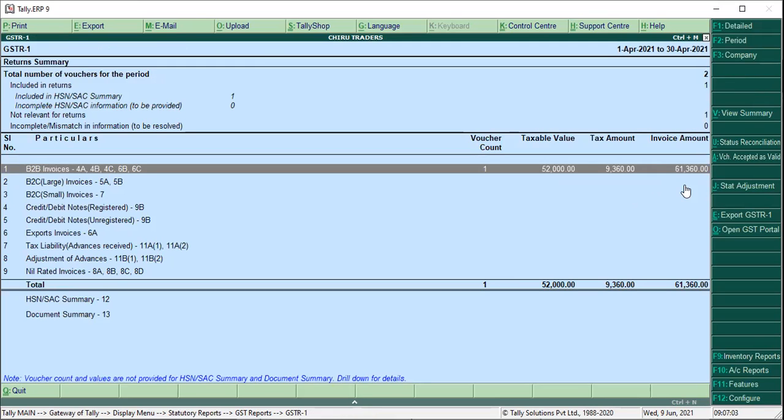Now, I'll show you the ledger account. Can you tell me how much he has to pay? We made sales, so we should receive. How much net amount does he have to pay? Can you calculate it? The total amount is 61,360. He paid an advance of how much? 20,000. How much of the remaining amount does he have to pay us? 41,360. We will see it in the ledger.